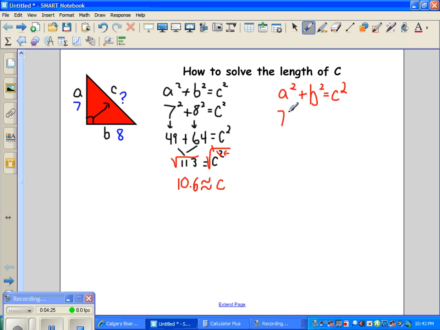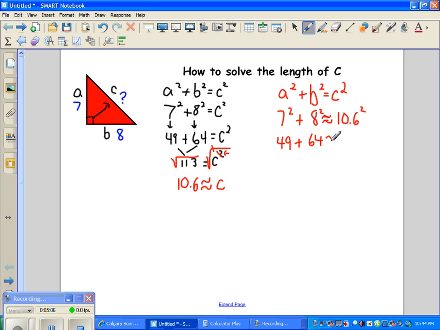So again, a squared is 7 squared. B squared is 8 squared. And we can now fill in what we think c squared is. And again, since it's rounded, we need to start using the about symbol. That would be 10.6 squared. Now don't copy your calculations here in case you made a mistake. Work it out again. 7 times 7, 49. Plus 8 times 8, which is 64,